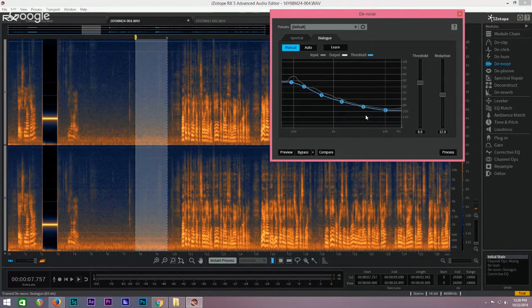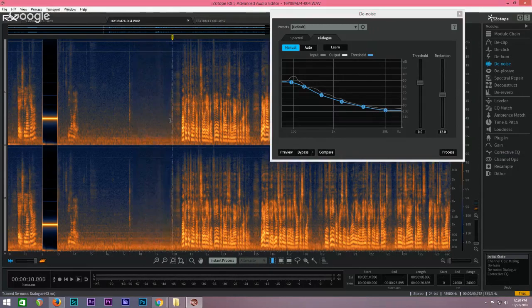So what it does is it listens to these specific frequencies according to this curve, and whenever the amplitude of the sound that it's listening to is below the threshold level, which is this blue line here, it turns it off. And then as soon as it moves above the threshold, and you can watch this take place here,